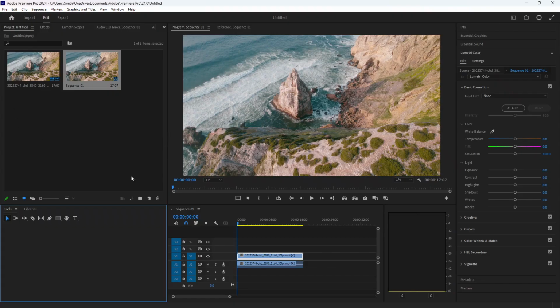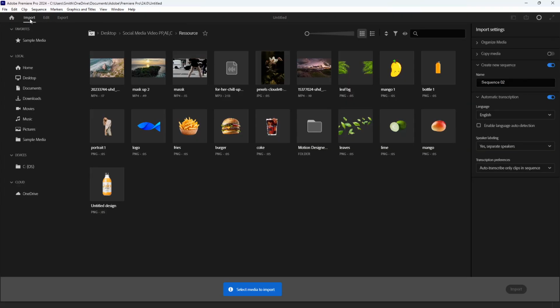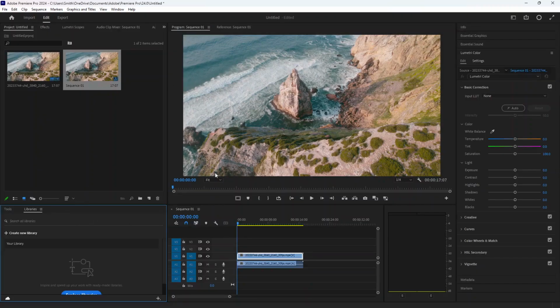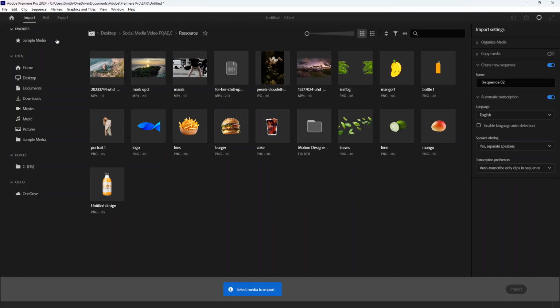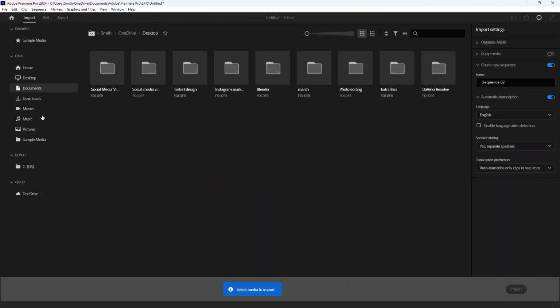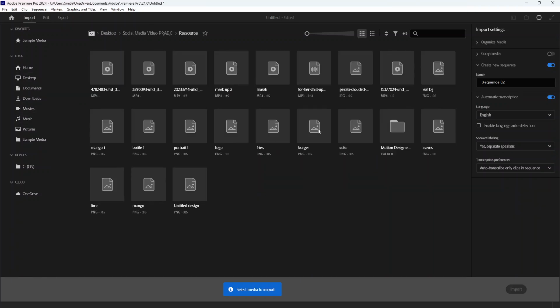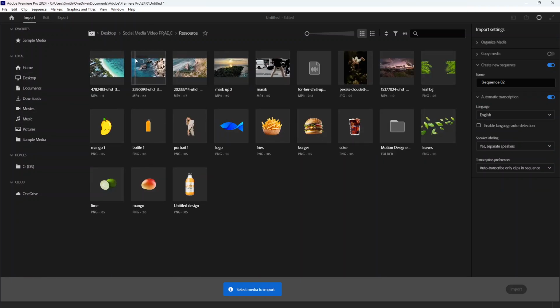So as I've opened up my workspace again, I'm going to go to import, or you can also take it directly into my workspace or drag it into my workspace. So I'm just going to show you with import. There we go. We have the other resources. And if you want to refresh it, that's also totally fine. Go to the desktop again, I'm going to open up my resources, and there we go. We have a couple of these. So I'm going to click on that, and I'm also going to click on this one,